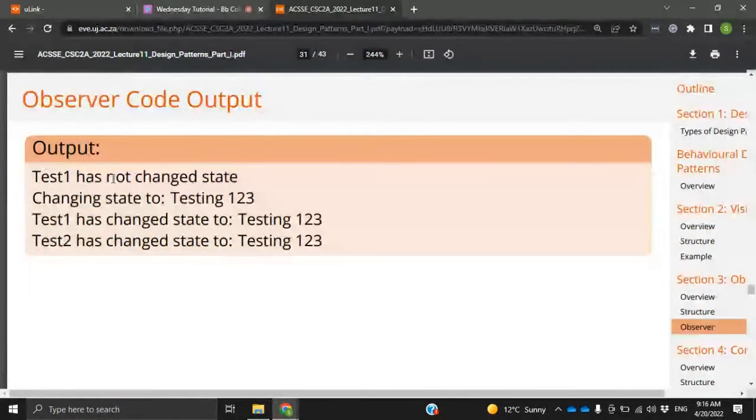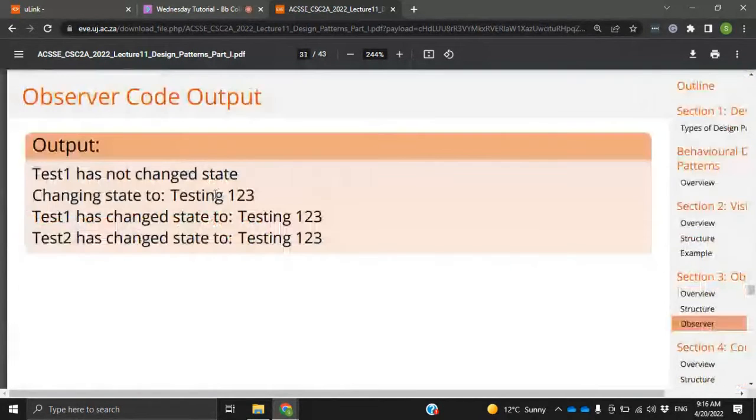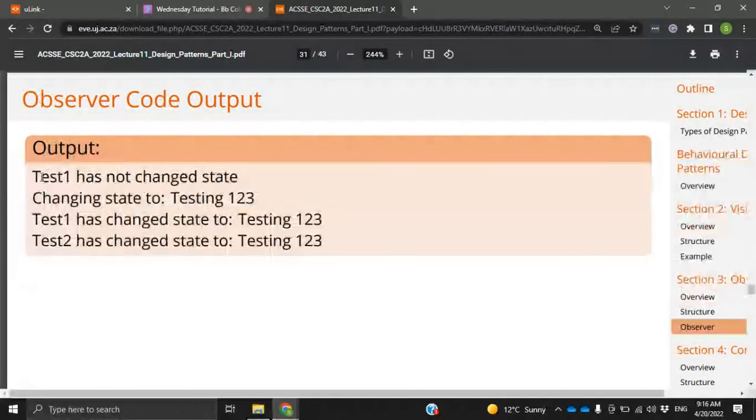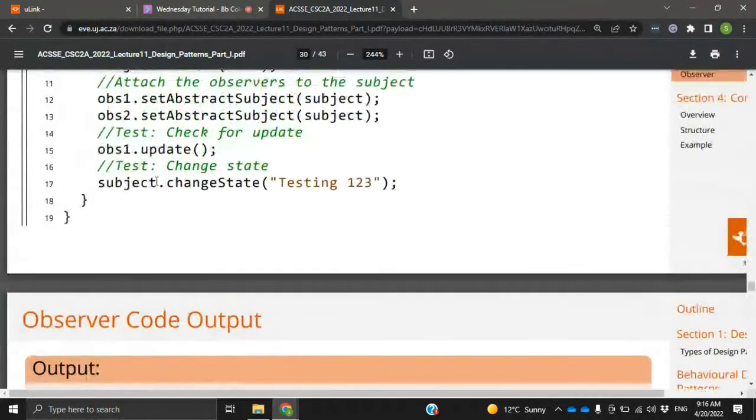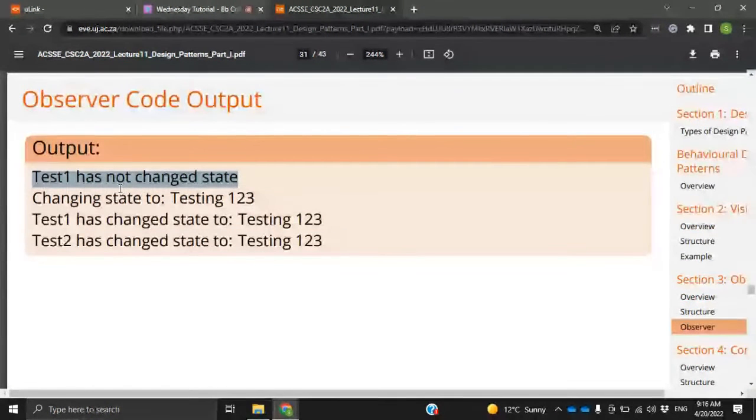So in this case, this is the output for observer1.update, right? So as you can see, it says test1 has not changed its state, which is true, right? Because we called the update function of an observer without actually changing the subject state, right? We need to change the subject first, and the subject will notify the observers, and the observers will then update themselves after they have been notified of a change, right? So this is why this says the subject has not changed its state,